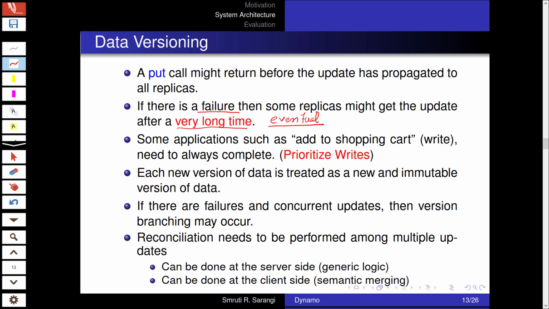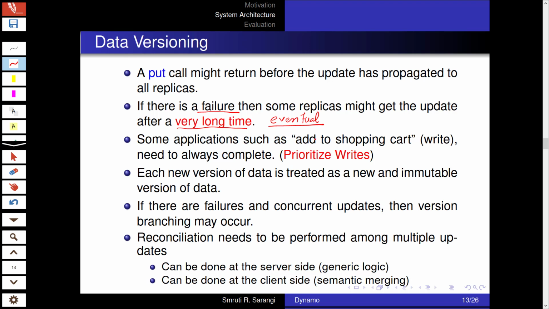We consider a put to be successful if at least one of the servers within the preference list records it. It is the job of this server, which is typically the coordinator, to broadcast this to the rest of the servers on the preference list. And there is no timing guarantee associated with this. Hence we say it is an eventually consistent system.